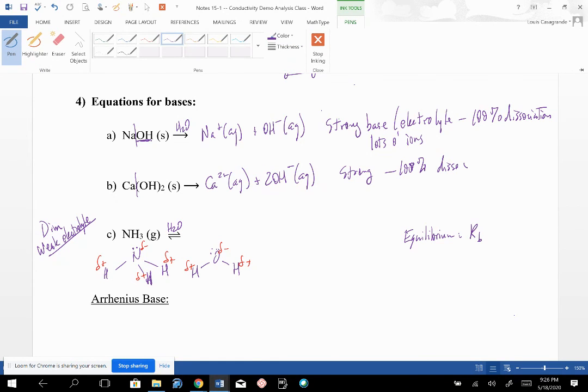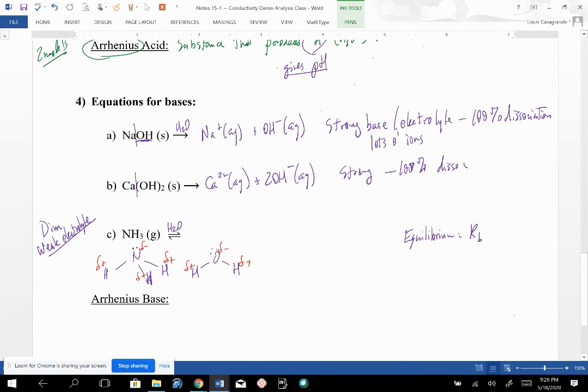Now, what's going on here is that the water is the one that has the weaker bond with the hydrogen. So the NH bond is not as polar as the OH bond. And so what's going to happen is the OH bond is going to break apart,